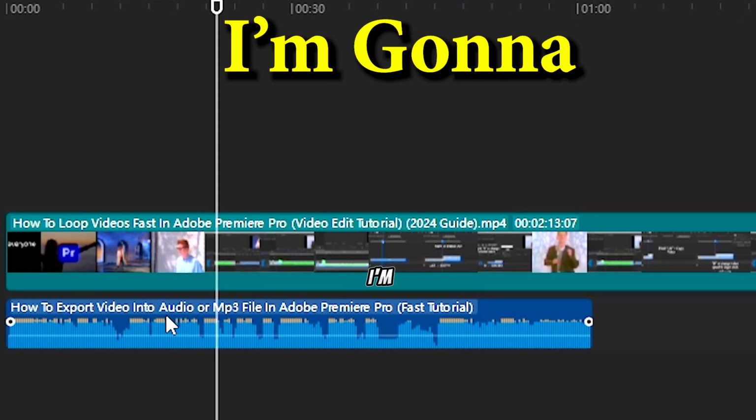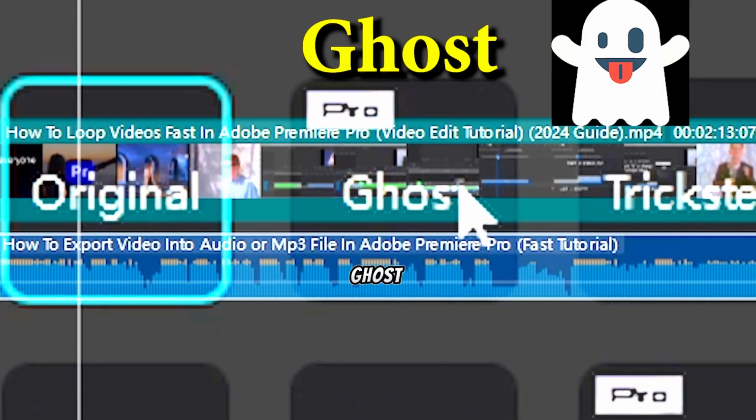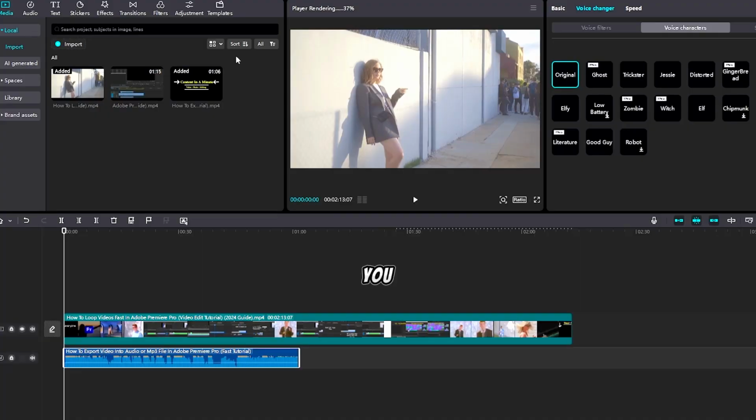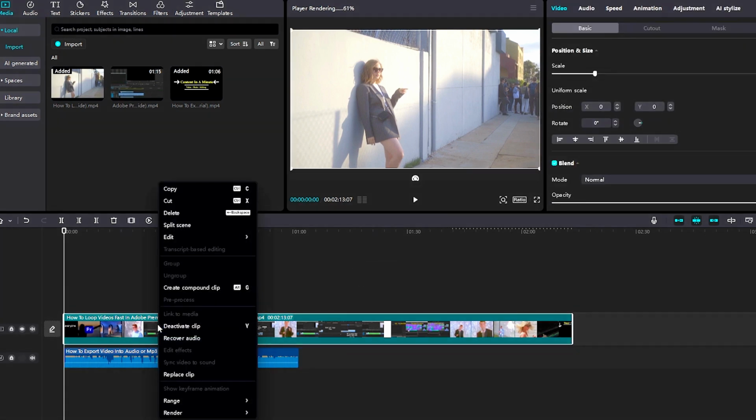In today's tutorial, I'm going to show you how you can make your audio track sound like a ghost in Capcut PC completely for free in less than 1 minute. Once you have your video clip loaded under the media bin and dragged onto the timeline, extract the audio by